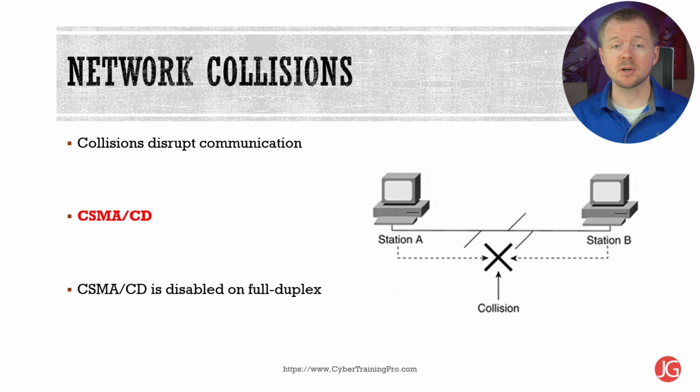When you're dealing with bus networks, one of the issues is that all the devices are on the same network. If communications have a collision, then it's going to disrupt all communication because only one system can talk at a time. Carrier Sense Multiple Access with Collision Detection, or CSMA/CD, is a technology that detects if the line is being used, and if it is, the system is going to back off slightly and wait for a little bit until it's available. CSMA/CD is disabled on modern full duplex networks, but you still need to know about it.